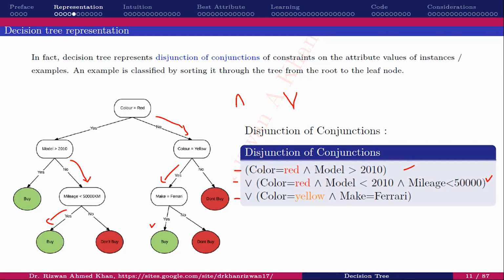Any query? Yes, sir. Sir, we have only written the buy conditions and not the don't buy ones. But it's not necessary that... In all other conditions, it is don't buy. If you just think logically, in all other conditions, this is not. So it's just the probability of y given x. It would be like 1 minus something, we'll get the other one. We don't need to write it. Okay, any other question?